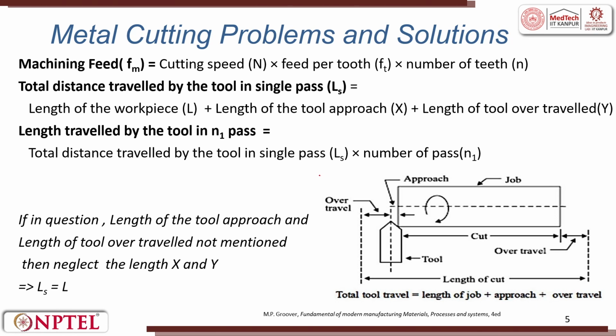In this figure that you are looking at, we have the tool when it approaches the workpiece. So, there is a reach of the tool towards the workpiece. When the tool comes very close to the workpiece, the tip has just reached close to the workpiece face here, this distance is known as approach. And after the cutting, the tool also goes over and beyond the workpiece's contact. This is known as over travel.